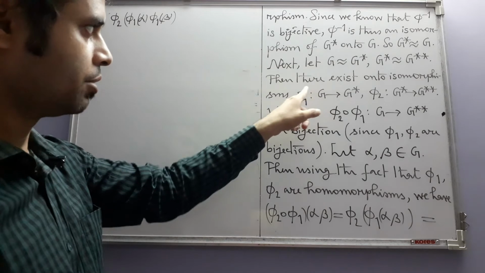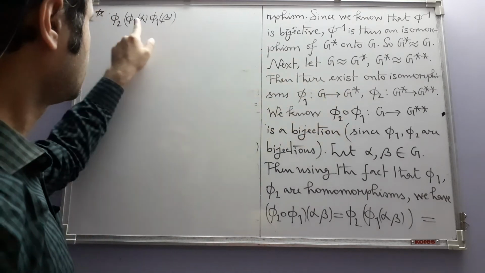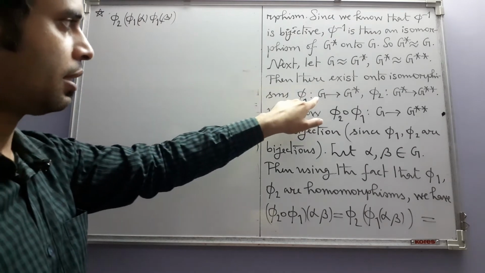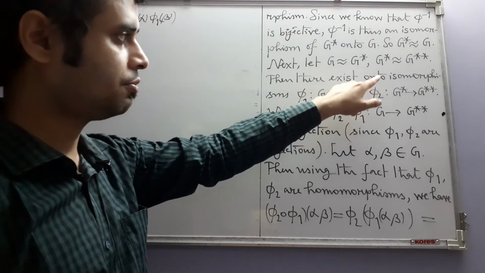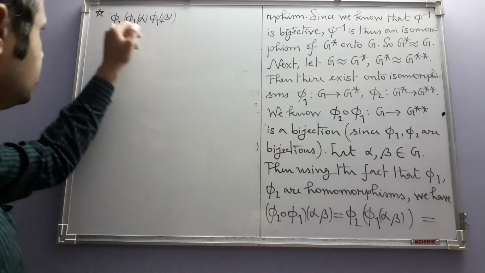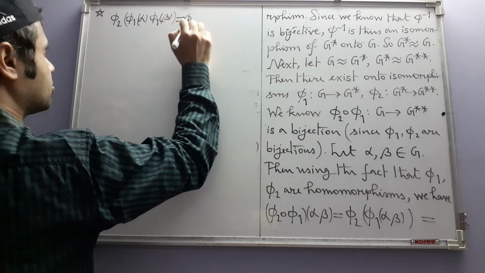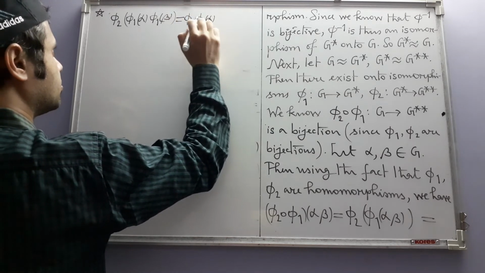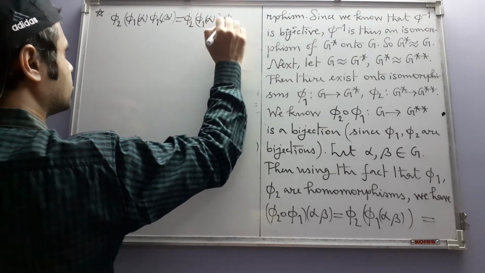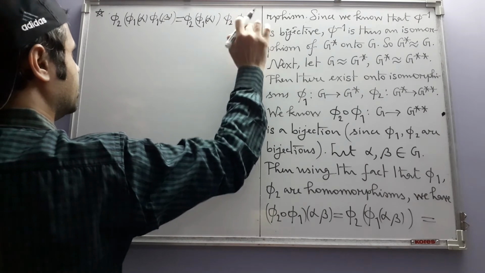But because phi 1 maps G into G star, phi 1 alpha and phi 1 beta are both elements in G star, and phi 2 is a homomorphism from G star to G double star. So this will be equal to phi 2 of phi 1 of alpha times phi 2 of phi 1 of beta,